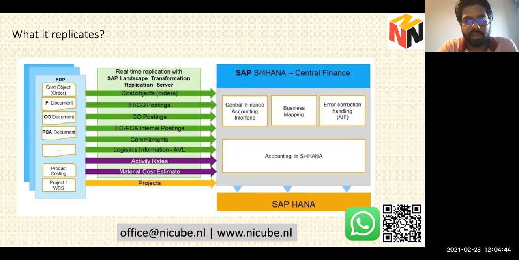This is all currently being replicated by the central finance standard interface. Of course, by each release, SAP is adding more and more features. We expect that by 2021, asset management will also be available. But for now, with 2020 FPS1, this is the latest availability.